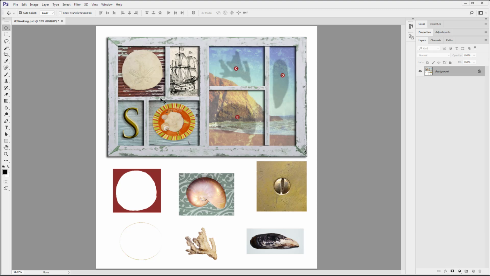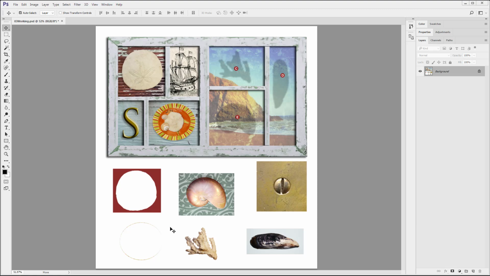Continuing at the top of page 61, be sure to Control-D deselect, save if you haven't saved. Our next mission is to select this coral and move it up here. What we'll do is use the fact that the area around the coral is white to help us select the coral itself. It's quite common to use the negative, the other stuff, to help select the thing you want